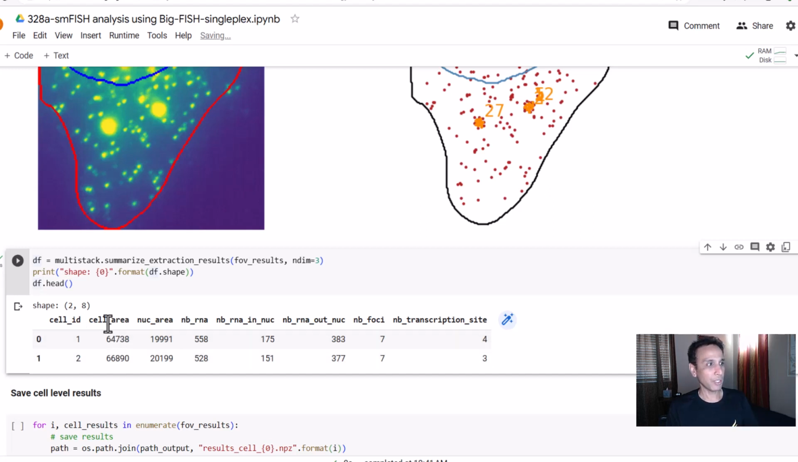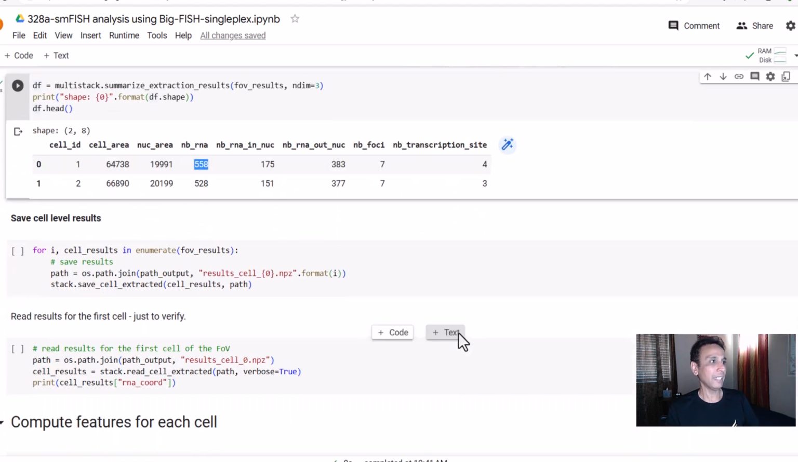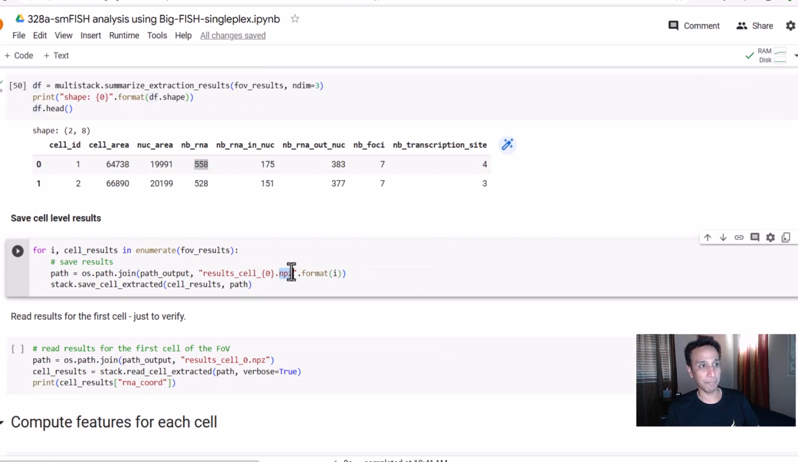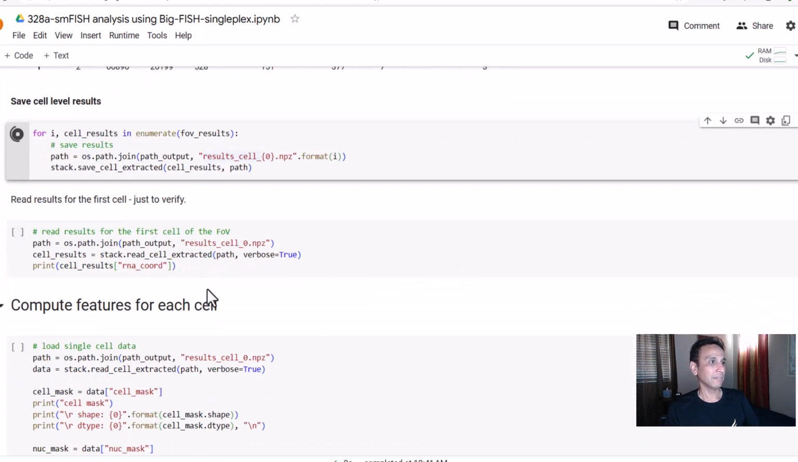And there is the information about the cellular area, nuclei area, and how many nucleus RNA you have, and how many outside, and so on. So you have all the information down here, how many transcription sites, and you can save that as part of a CSV file or a NumPy file in this case. So there you go. And again, you can just go ahead and load the one that we just saved